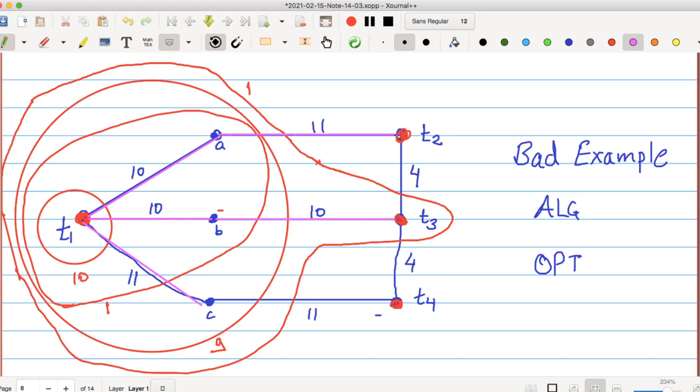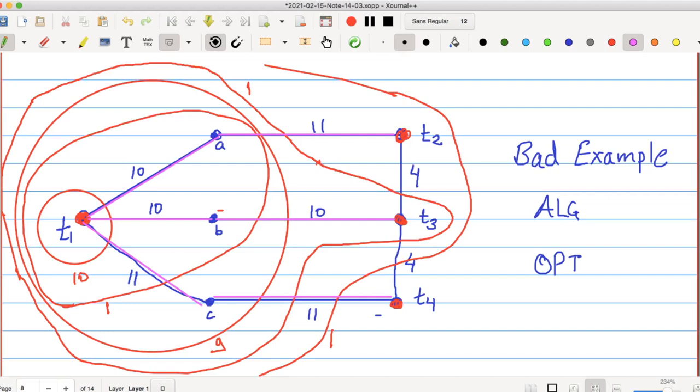And that's it. So this edge is still not tight. So we'll consider one more set which includes T2 now. So we should include T2, we should include T3, just exclude T4. That's it. So that is the set we consider, and how much can we increase this one? So now this CT4 we have already contributed 10, so we can increase it by one more. So then this will also become tight. Okay. So you can work out the details if you have not followed it.